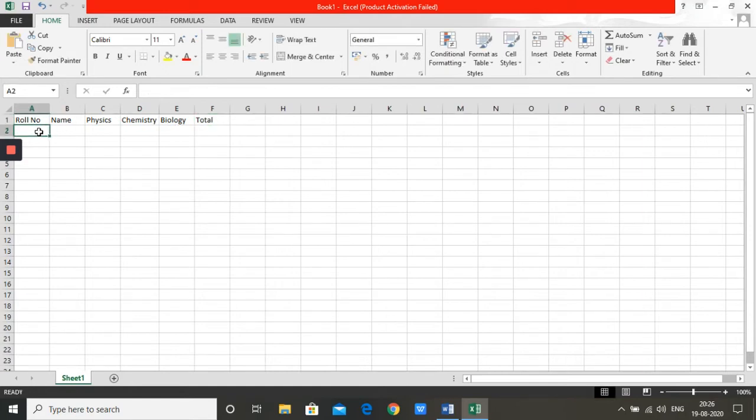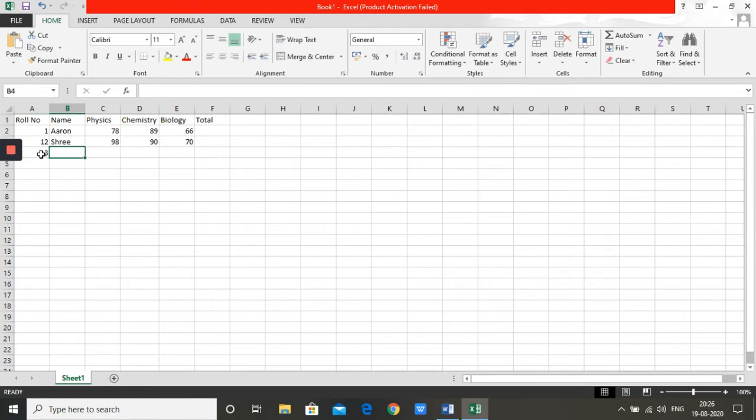Now Chemistry is not shown fully, so I'm just increasing the column width a little bit, and Total. And the first student, roll number was 1. The name of the child was Aaron. I'm just typing the same data that was given to you in the homework, 78, 89 and 66. We'll calculate the total later. The second child, roll number 12. Name we had typed as Shri. 98, 90 and 70 were the marks. The next child, roll number, we had given as 13.